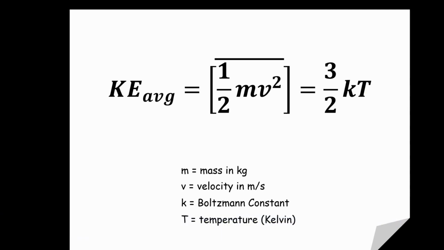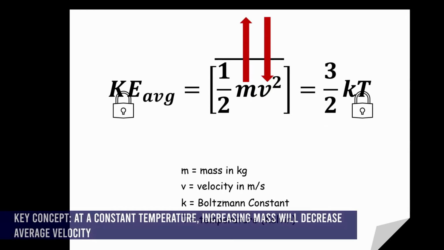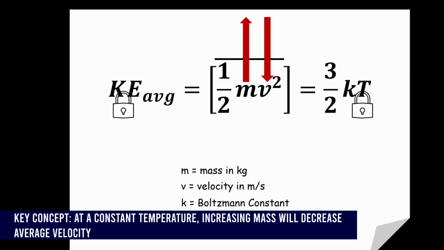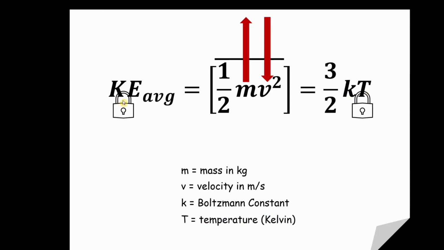Now, one thing we want to look at is if we lock down kinetic energy, that also means the temperature is going to be locked down as well. If we hold those constant, then what would happen if we change the mass of our particle, whether it be an atom or a molecule, or if we change the velocity? What would happen? As the mass goes up, the velocity will decrease. You say, well, why does that have to happen? They have to multiply out to equal the same number, because we're holding temperature constant, or kinetic energy would be constant by default. And so as we increase the mass, the velocity would go down.